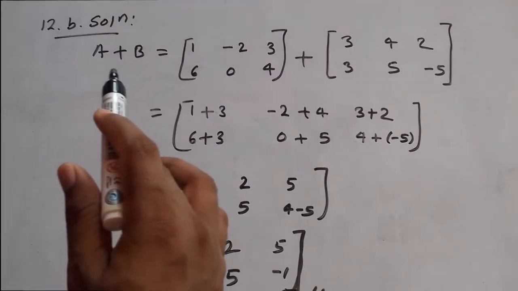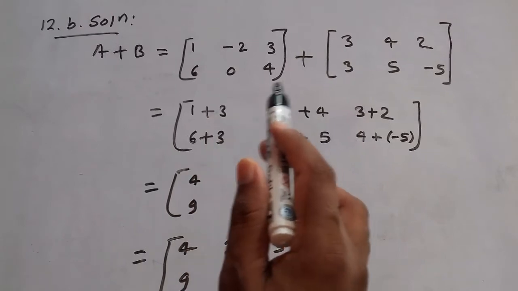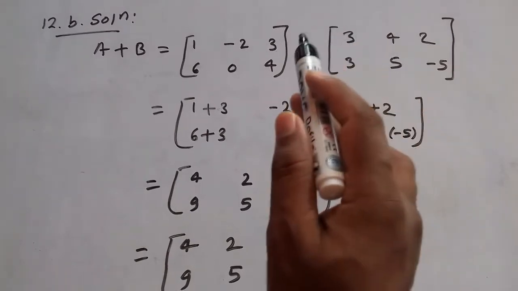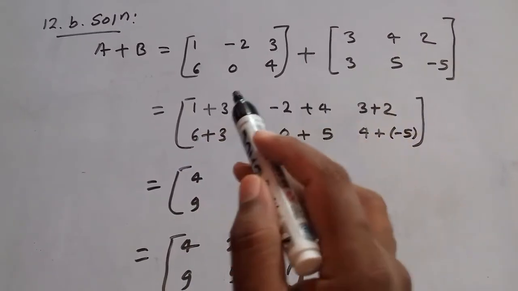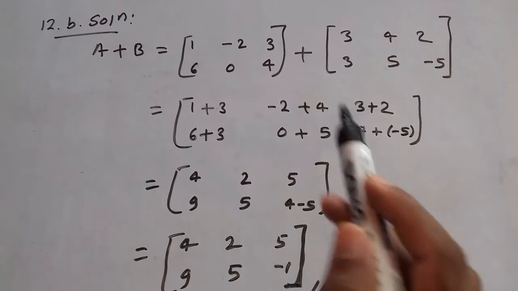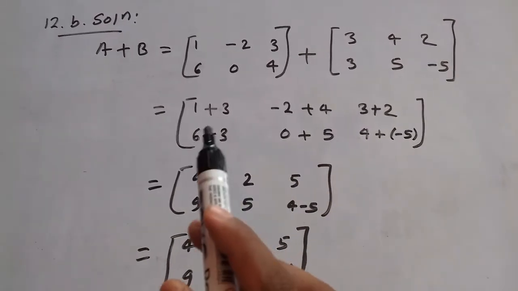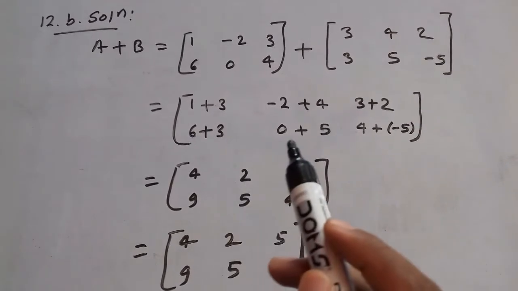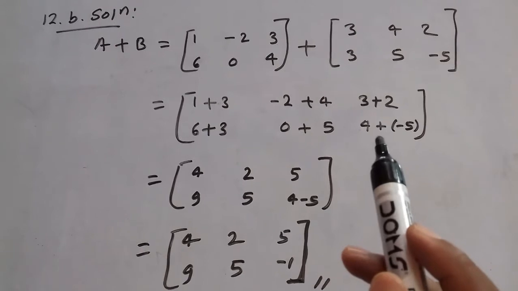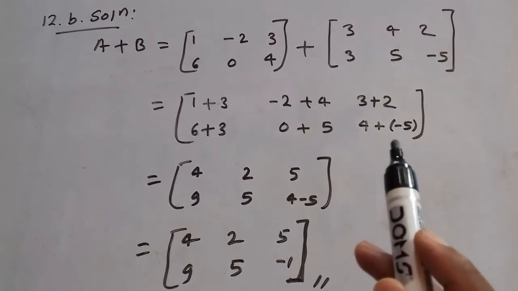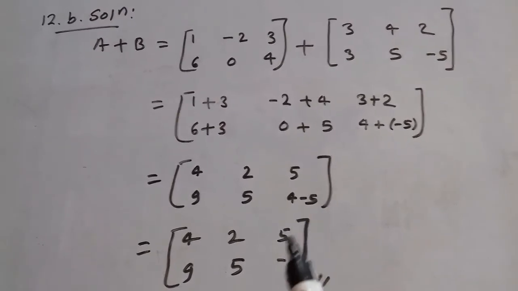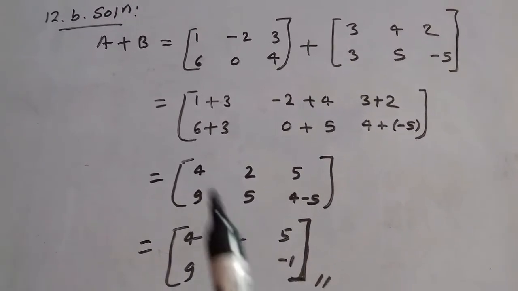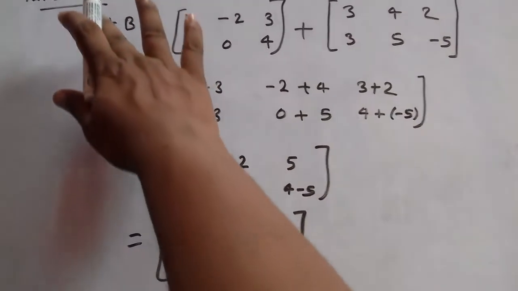In question number 2, for A plus B, we are adding corresponding elements: 1 plus 3, minus 2 plus 4, 3 plus 2, 6 plus 3, 0 plus 5, 4 plus minus 5. 1 plus 3 is 4, minus 2 plus 4 is 2, 3 plus 2 is 5, 6 plus 3 is 9, 0 plus 5 is 5, 4 plus minus 5, here plus minus is minus, and 4 minus 5 is minus 1, and others are as they are. And for A minus B,